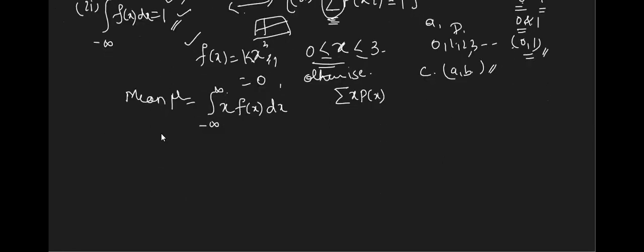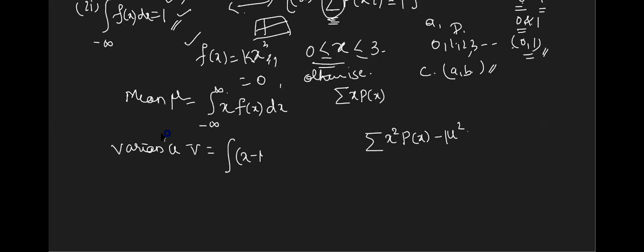Okay. Similarly, the variance, with a little change here. So variance, how do we take it for discrete? X square p of x minus mu square. Here a little change is there. You should take it as x minus mu the whole square f of x dx between minus infinity to plus infinity. Remember, this condition is important to find k, mean and variance. These are the formulae.